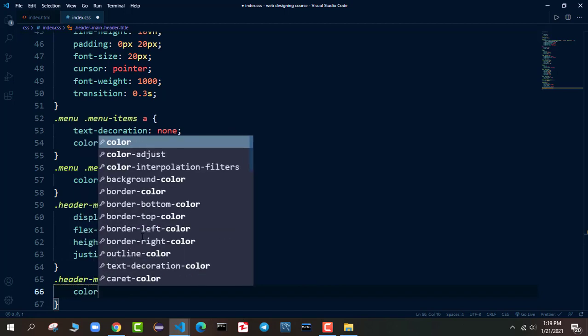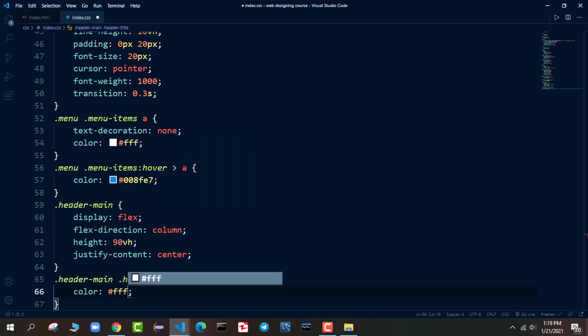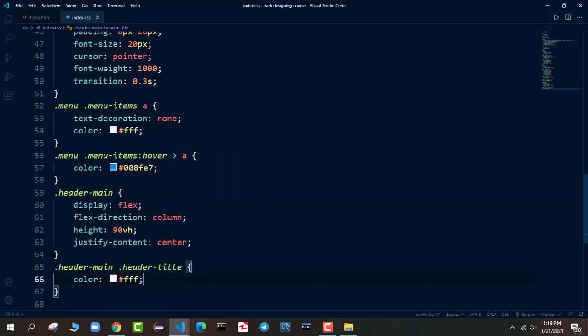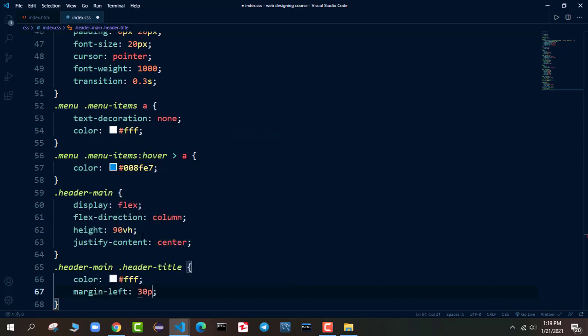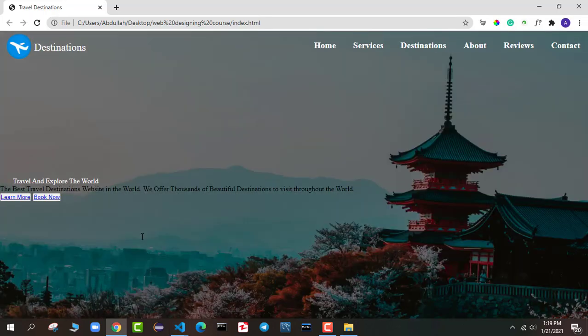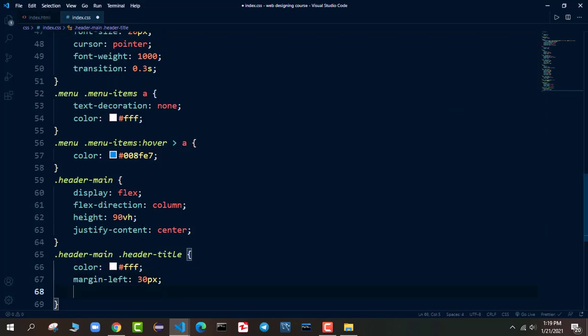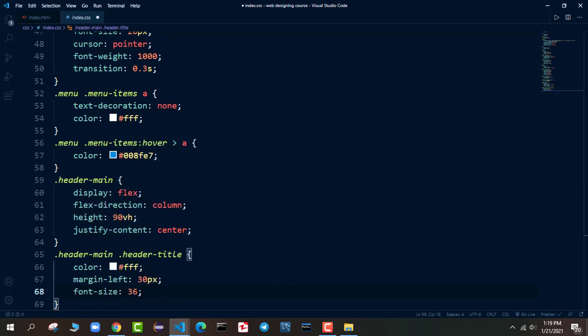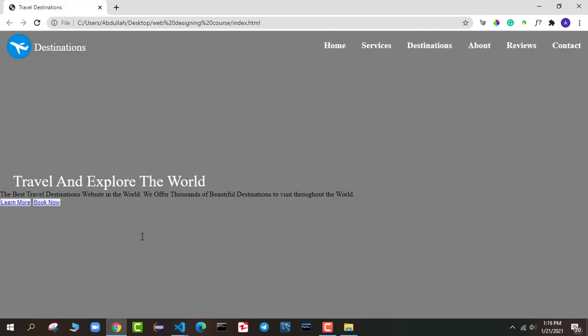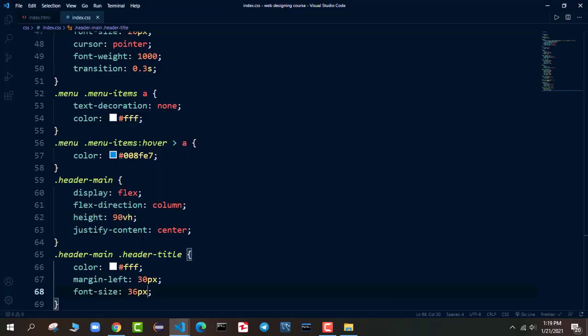Here we say color hash FFF, so it will change the color to white. I will say margin left 30 pixel, so it will get 30 pixel margin from the left side. I will say font size 36 pixel, so the font size will increase.